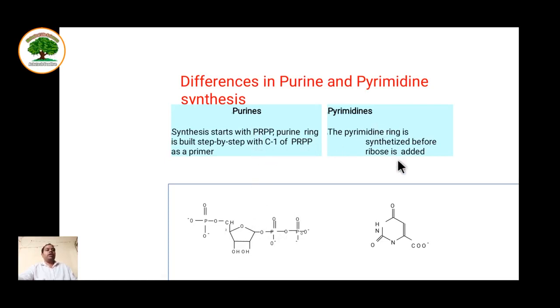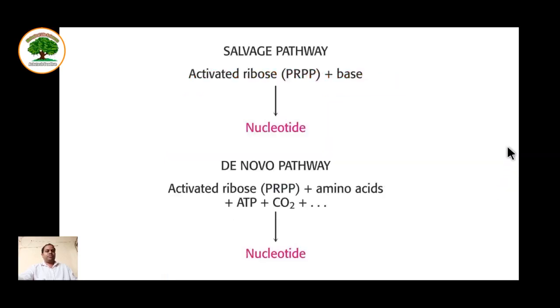In the pyrimidine de novo pathway, the pyrimidine ring is first synthesized, then PRPP is added to this and the nucleotide is completed. You can see here in the salvage pathway, the activated PRPP is taken from the cytoplasm and the base is added to it. This base we get from different pathways present in the cell, as a by-product of these pathways, and it is attached to the activated PRPP and the nucleotide is formed. That is, the nucleotide is recycled in this case.